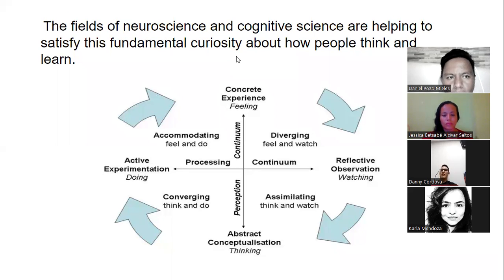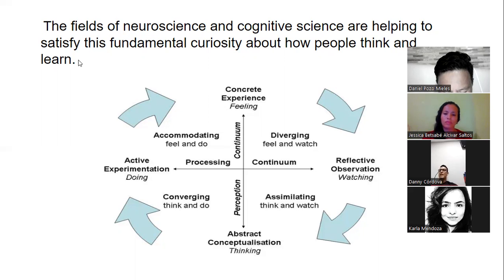In considering which findings from brain research are relevant to human learning, or by extension to education, one must be careful to avoid adopting faddish concepts that have not been demonstrated to be of value in classroom practice. The fields of neuroscience and cognitive science are helping to satisfy this fundamental curiosity about how people think and learn. We can see an example where